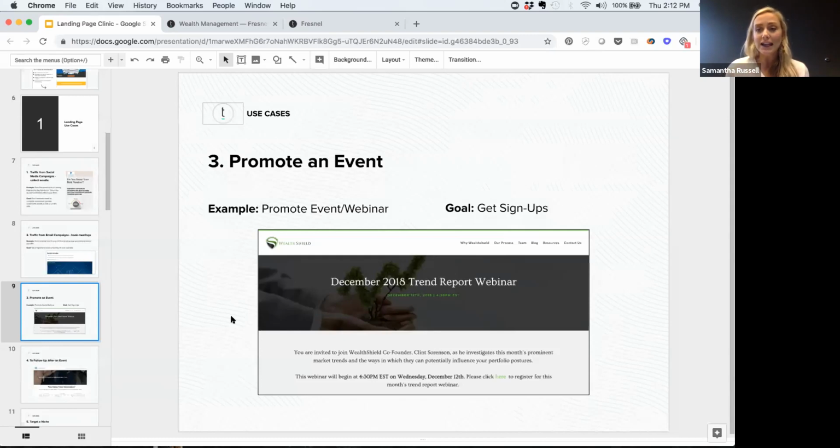So once you decide, whatever tool you're going to use, third-party tool, we here use Zoom. That's what you're all on today. Whether it's Zoom or GoToMeeting or GoToWebinar, whatever tool you're using, you would be able to build a landing page specifically to promote that event and get signups. So you can see here in this example, they have a webinar that they're hosting, enticing people to join them for that webinar, and you can click directly to register.